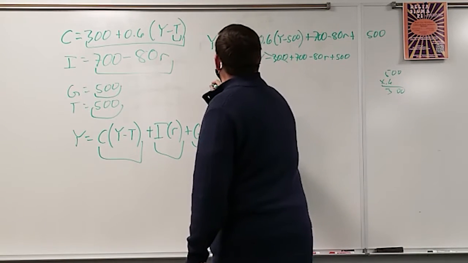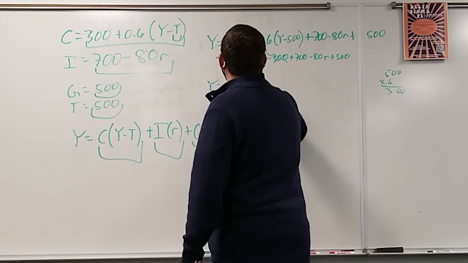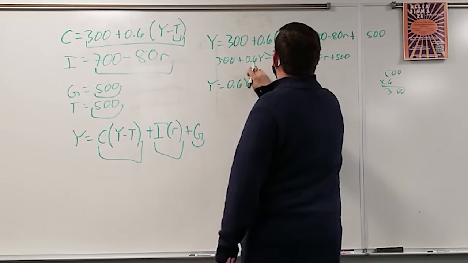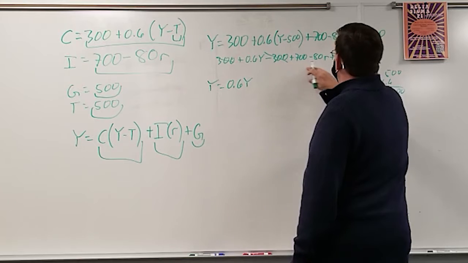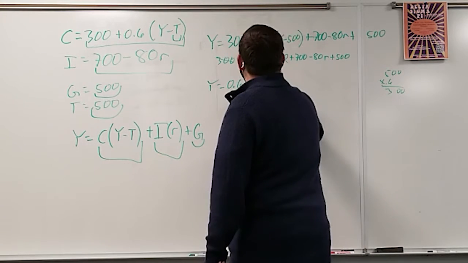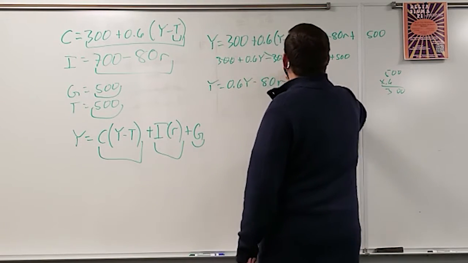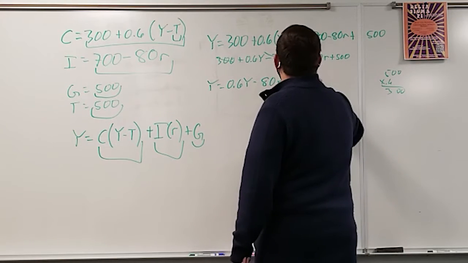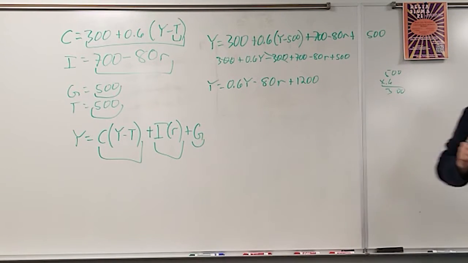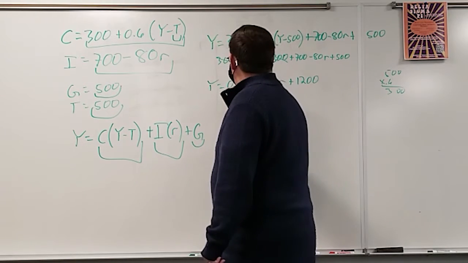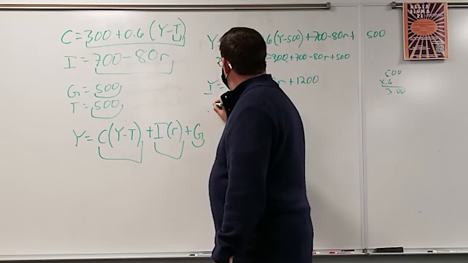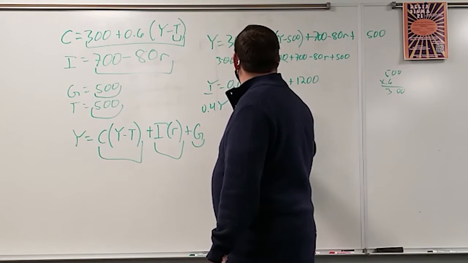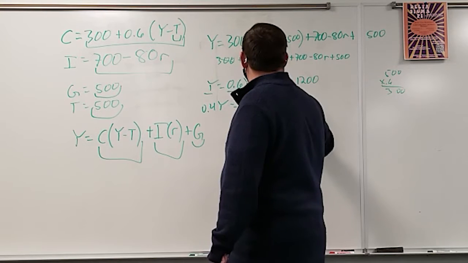So then Y equals 0.6Y. I can collect these two terms, and I'll go minus 80R plus 1200. Have I made any errors yet? I don't think so. So then I can subtract this from both sides, and I get 0.4Y equals 1200